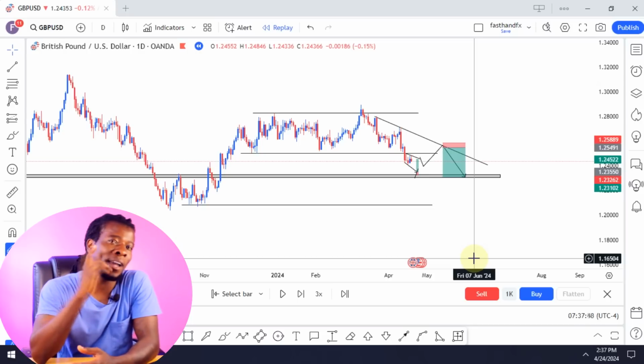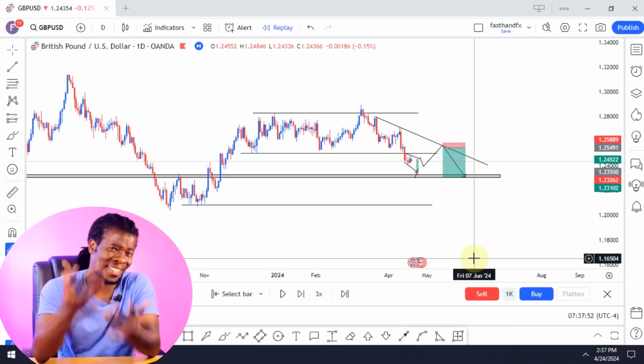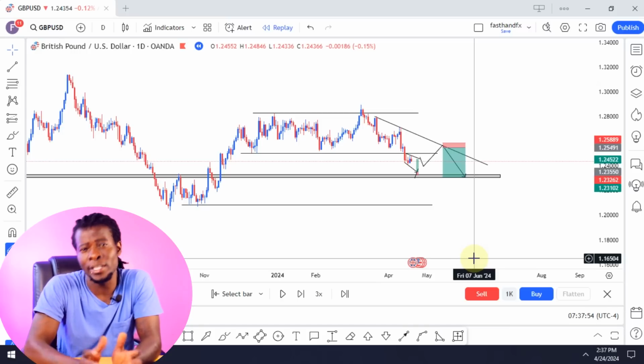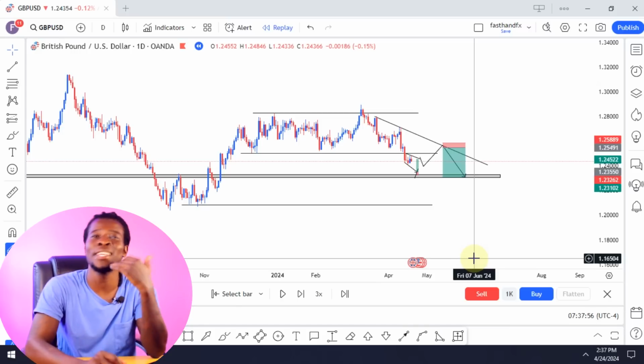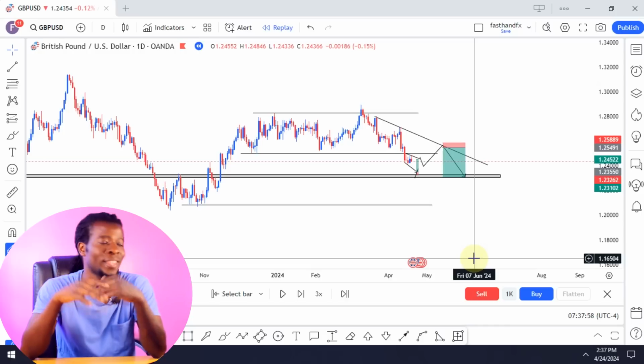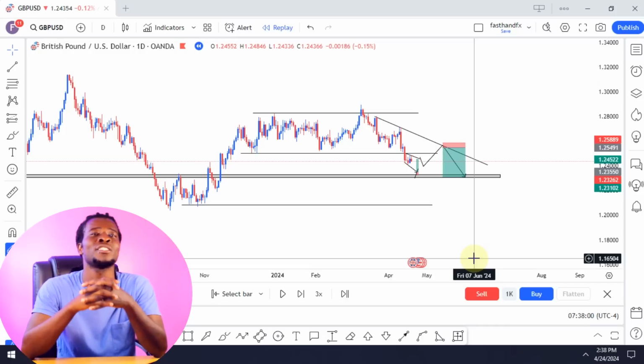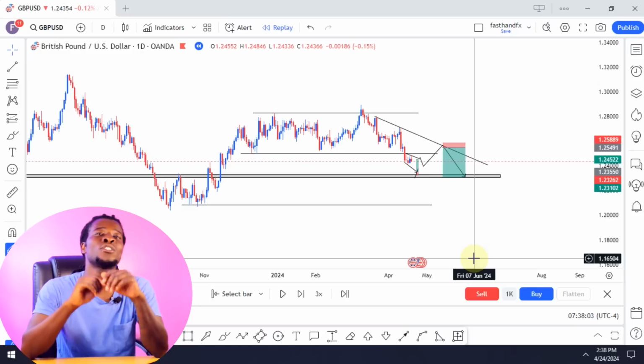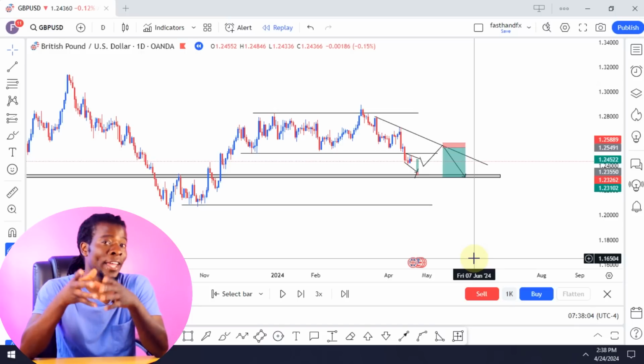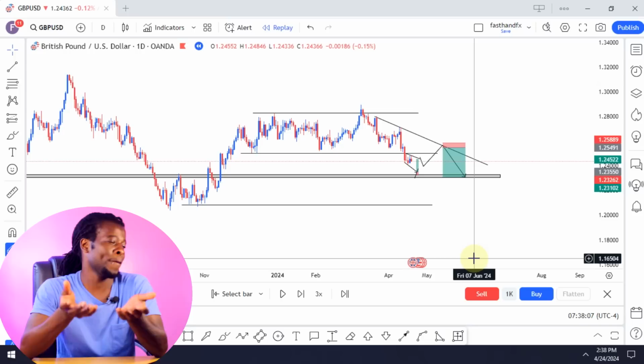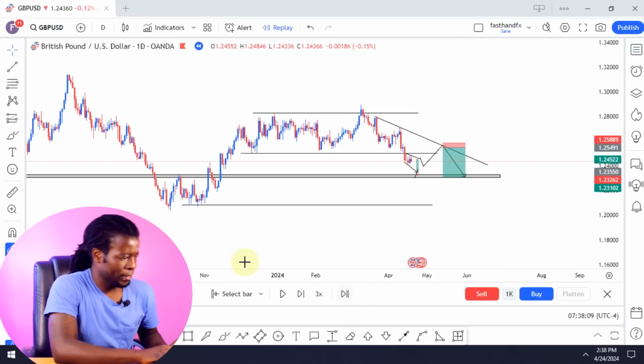I've realized that markets, of course, do respect trend lines. Okay, that's why I do preach every day, guys. It doesn't matter whether you trade SMC, ICT, order block things, I don't know, whichever kind of strategy you trade, guys, at least try to identify the trend. Okay, use trend lines.